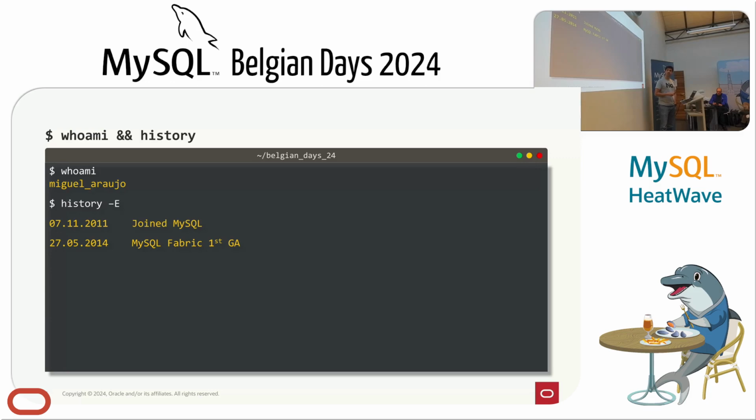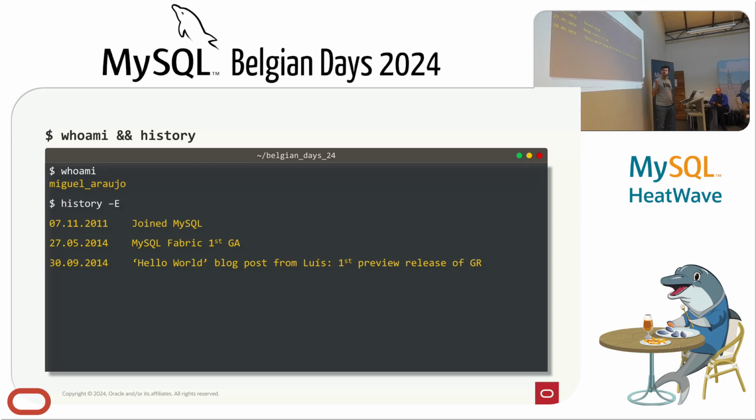It was abandoned, and while that was going on, MySQL Fabric came out as the first GA. I don't know if you know Fabric, or if anyone uses Fabric here? Well, okay. Yeah, I'm not going to talk about that. So Fabric was aimed to help with high availability based on the current replication solution, and it did something that some years after Orchestrator did. It was auto failover, switchover. It was meant to help with these kinds of things, and also sharding at the same time. So yeah, it was complicated.